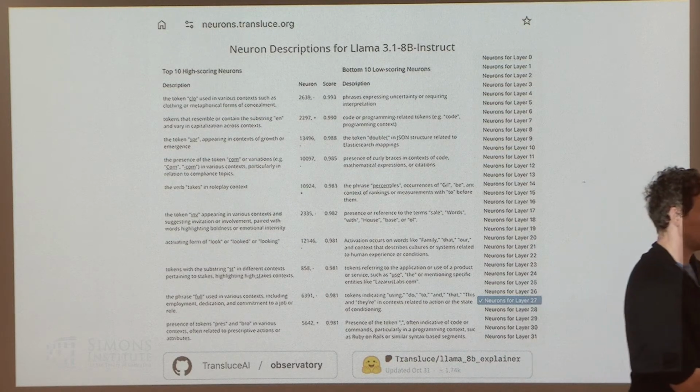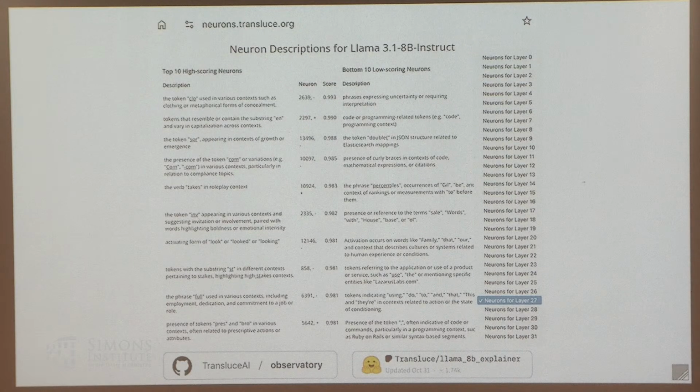The neurons are the post-nonlinearity MLP neurons. So you don't use SAEs? We're not using SAEs, no. If you use SAEs, there would be many more than a million to worry about. You could apply this to SAEs. There's no real problem with it. But we wanted to start with just neurons.